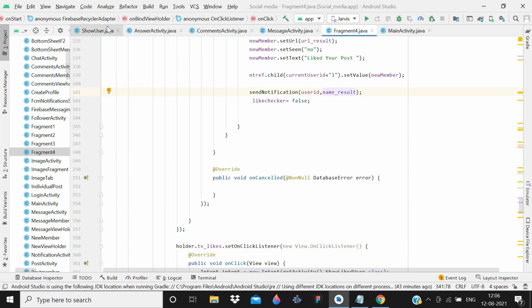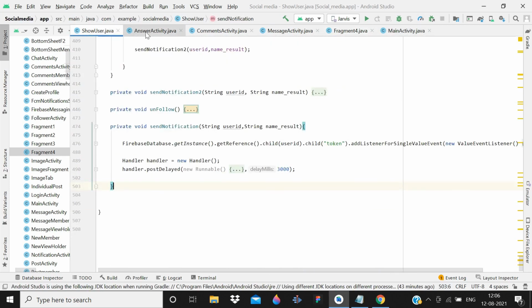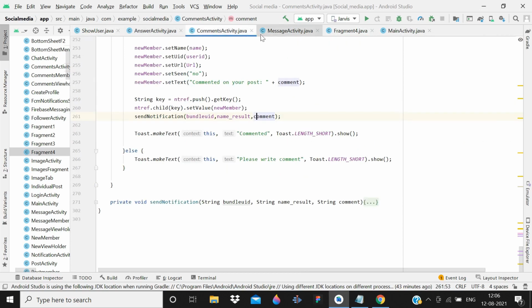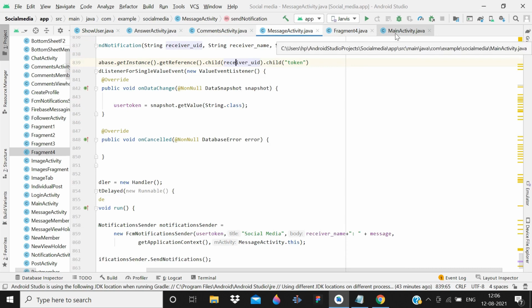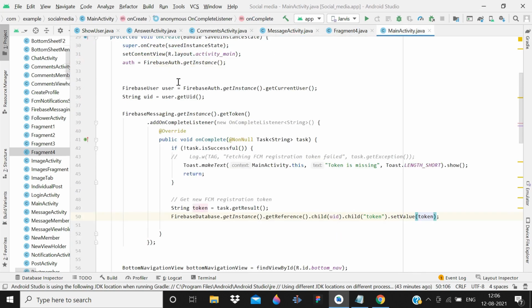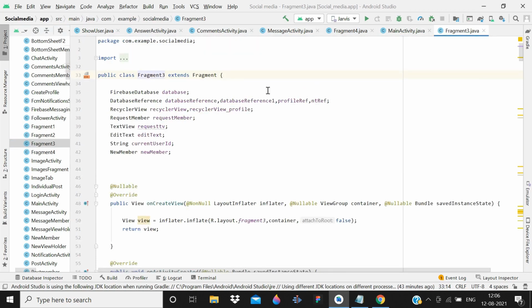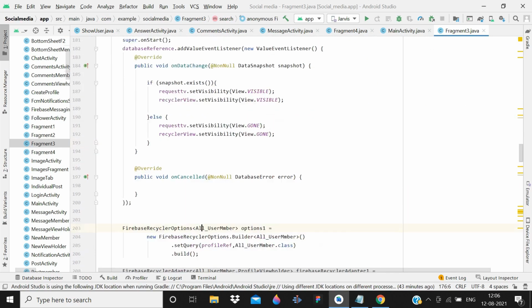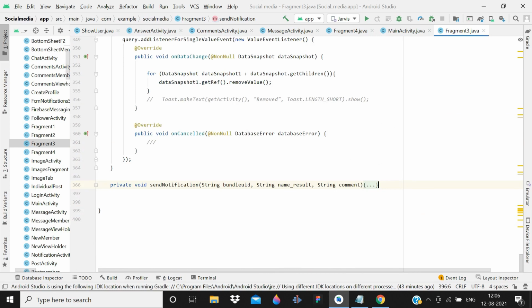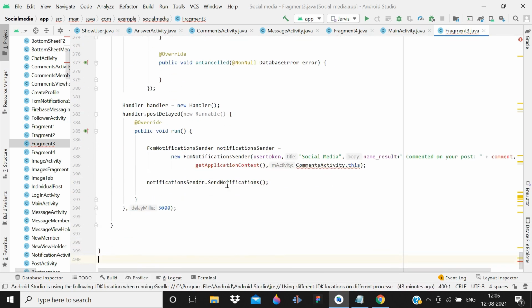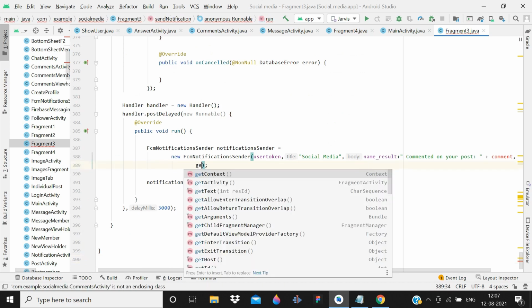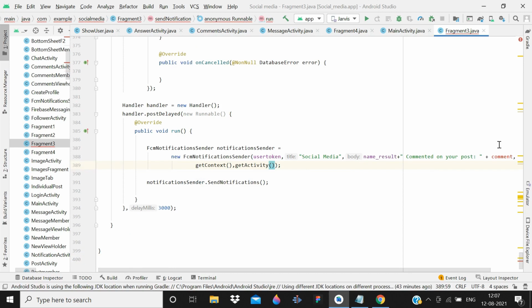So guys now I guess in show user follow unfollow we have implemented, and in answer activity the notification will come, and on commenting the notification will come, on messaging the notification will come, and on someone following, on request, it will come. And yes, one place, fragment 3, on accepting a request. So here also for whenever you accept a request you need to push notification, so for this again write user token and then at the very bottom of the activity simply create a method and here I think yeah we only need a user id, we don't need the third parameter, so remove this, open it and here we are also using this inside a fragment, so just simply make it get context and then get activity and then remove this third parameter comment,